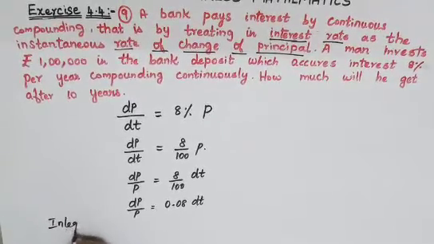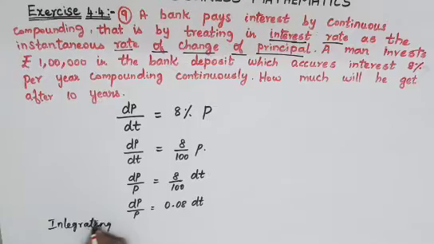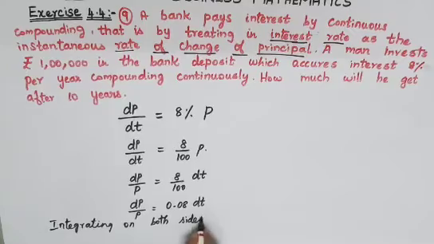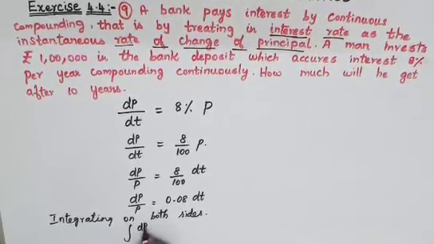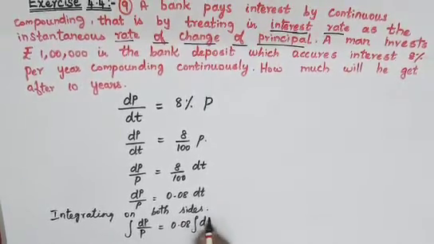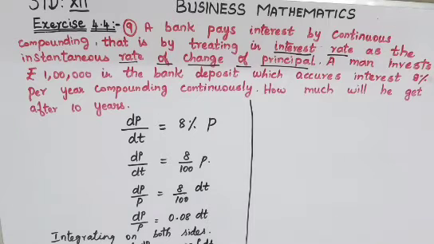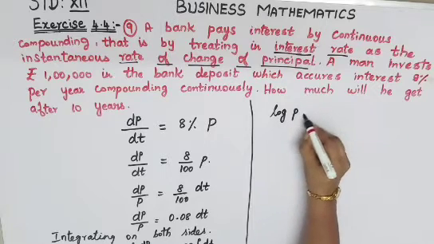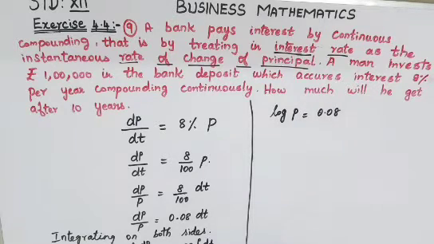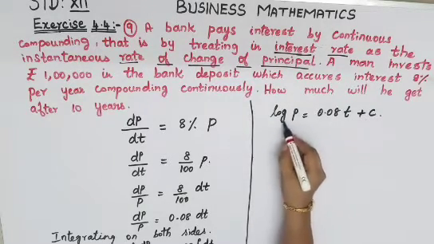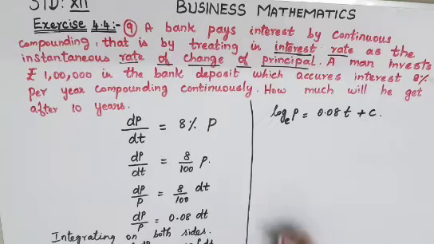So integrating on both sides. So you'll have integral dp divided by p is equal to 0.08 into integral of dt. The next step is we'll have to go for integral. So integral of dp by p is log p, that is equal to 0.08 integral of dt will become t plus c. So now you can remove your log from here. So I'll just insert e. It will be there before. If you want, you can use it. So e I'll just insert.